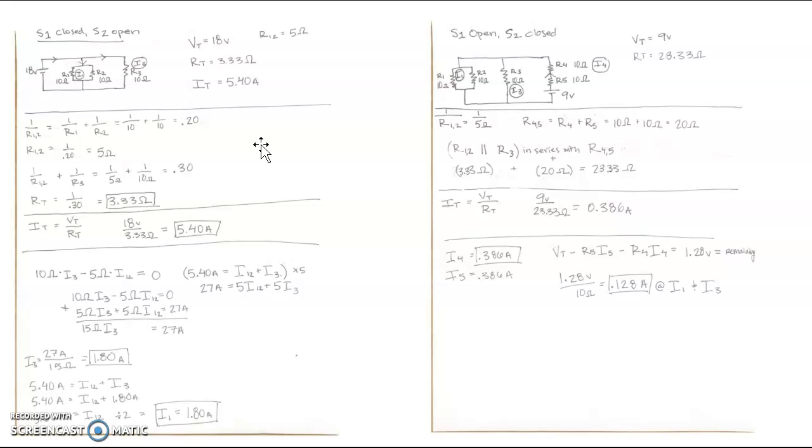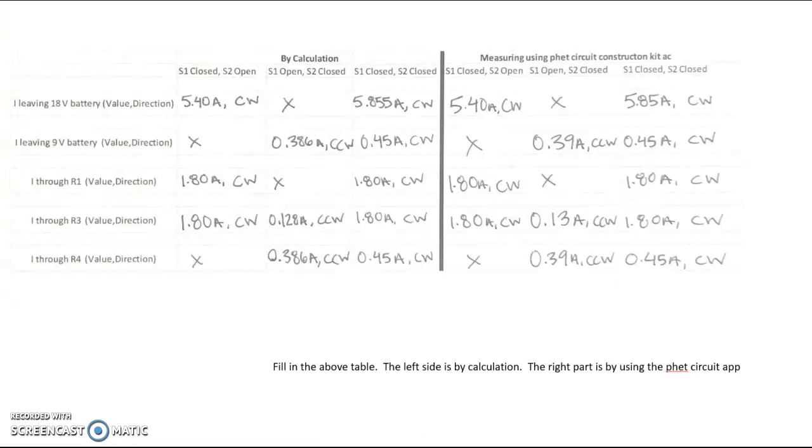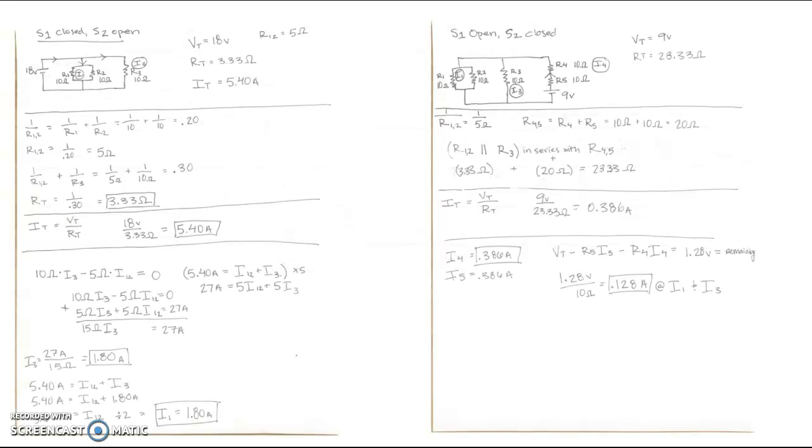That's the total resistor, and so like I said before, V equals I times R, so I could rearrange it to find I, so I total equals V total over R total. Plugging in for that, I found 5.40 amps is the total current flowing through the 18-volt battery. And so I believe that's what I put in for my answer. Yes. And it's flowing clockwise because